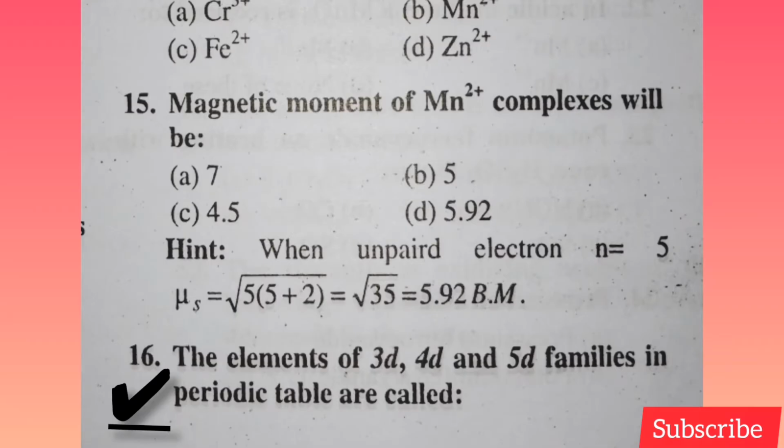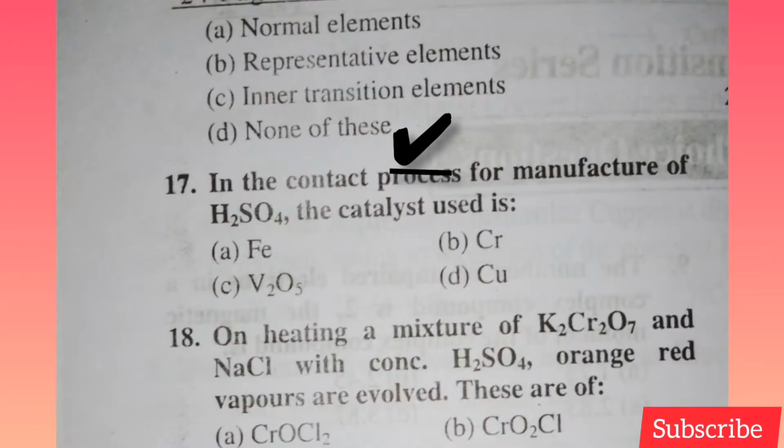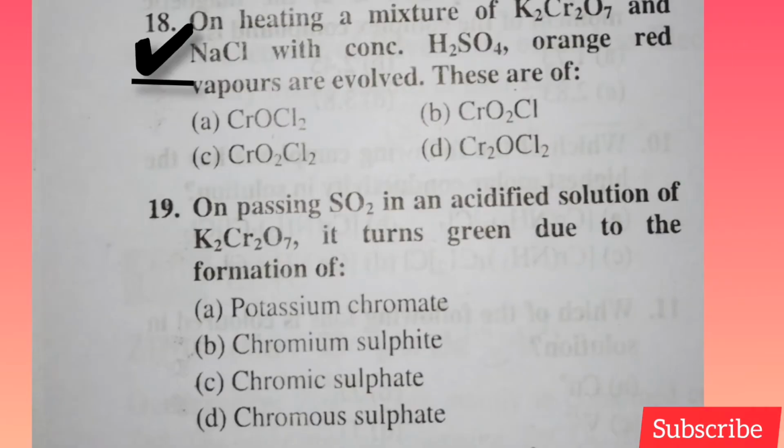फैमिलीज इन पीरियडिक टेबल आर कॉल्ड, उनको हम d ब्लॉक एलिमेंट कहते हैं, पर इसमें d ब्लॉक एलिमेंट ऑप्शन में नहीं दिया गया है, तो हम नॉन ऑफ दिस पे टिक करेंगे। नेक्स्ट क्वेश्चन है इन द कॉन्टैक्ट प्रोसेस फॉर मैन्युफैक्चर ऑफ H2SO4 द कैटलिस्ट यूज्ड इज V2O5, ऑप्शन C इज करेक्ट. Next question है on heating a mixture of